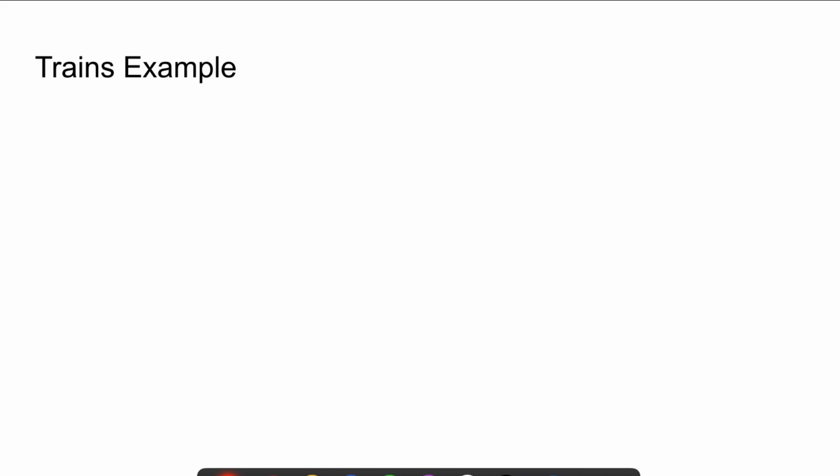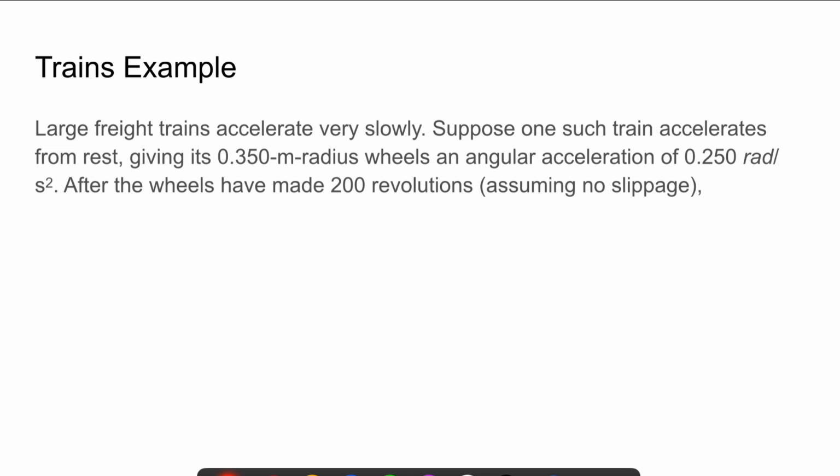So let's take a look at a few example problems, shall we? So let's first think about some trains. Large freight trains accelerate very slowly. Suppose one such train accelerates from rest, giving its 0.350 meter radius wheels an angular acceleration of 0.250 radians per